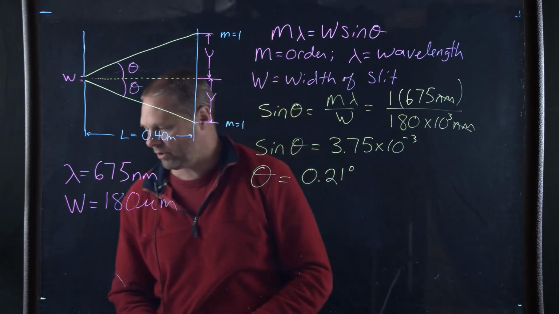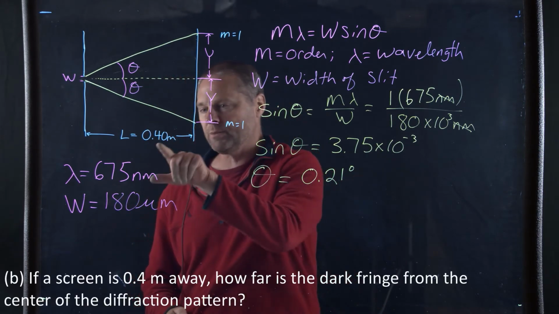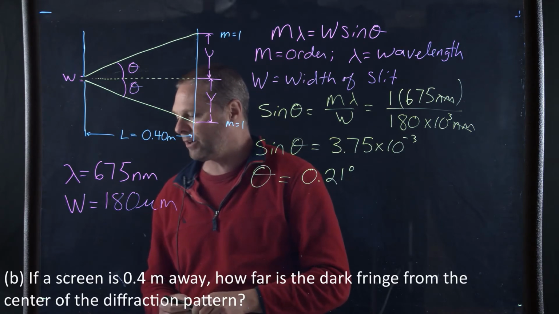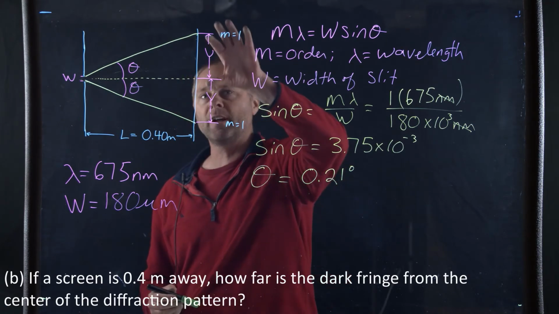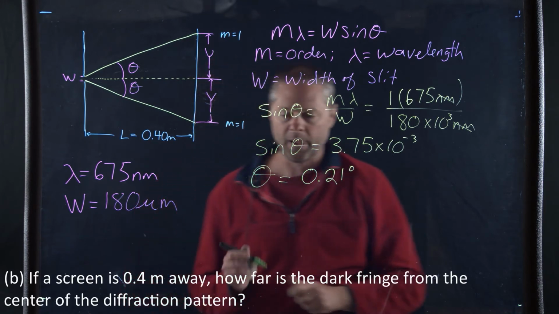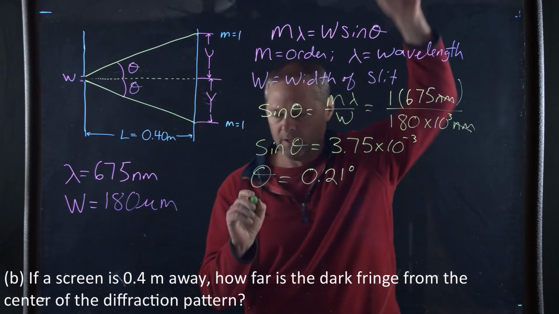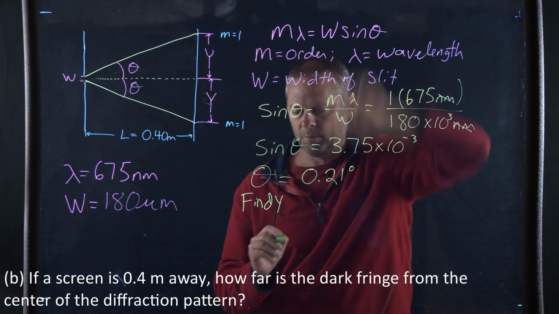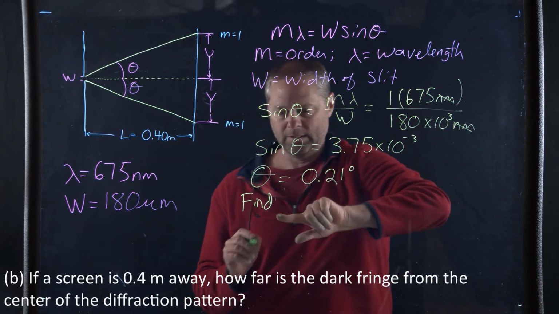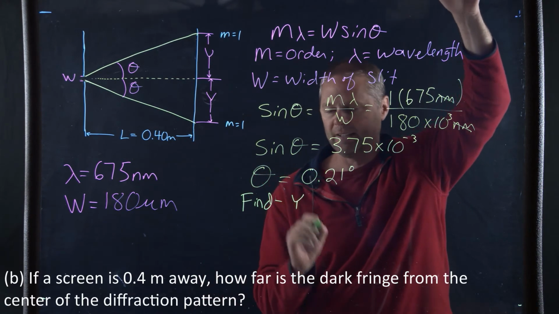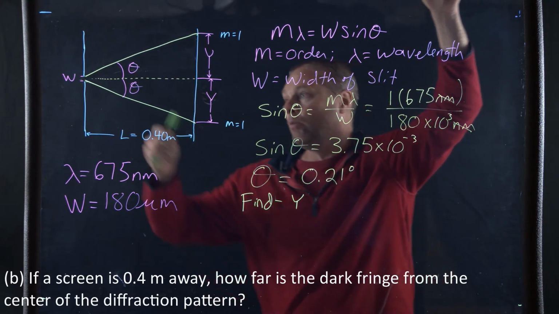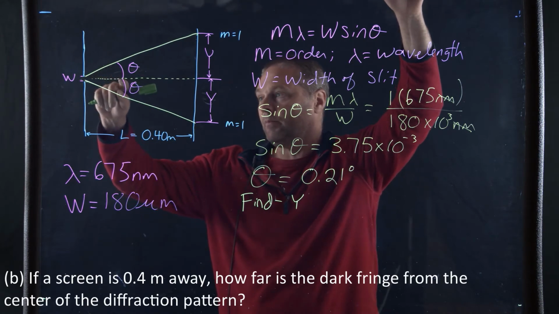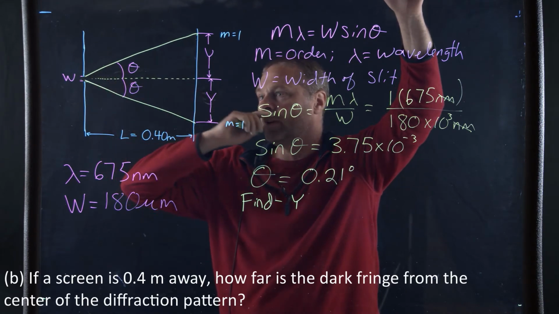Now, the second portion of this problem says, if a screen is placed 40 centimeters or 0.4 meters away, how far is the dark fringe from the center of the diffraction pattern? So we want to find y. We're going to find that height, or the distance y. Well, we're going to use a trig function for that. And so if we're using a trig function, we can